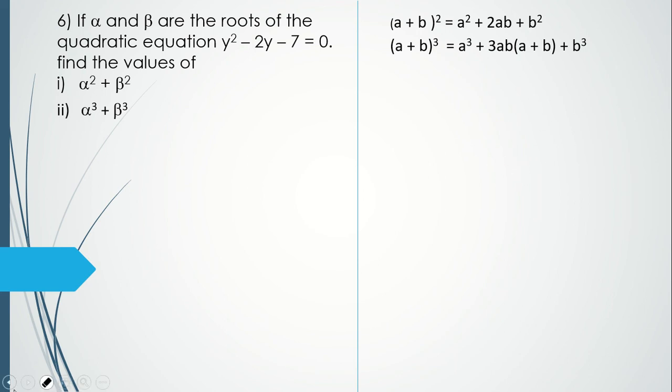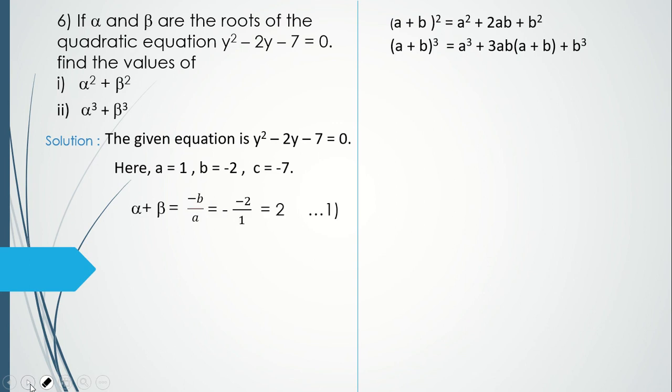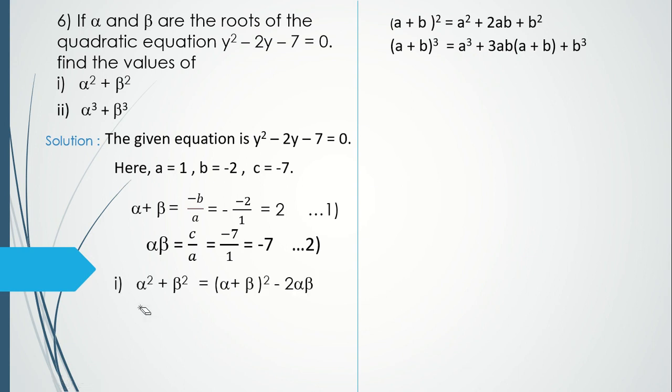Okay, so let us just see how we get the answer. First we find out alpha plus beta using the formula for the sum of the roots and the product of the roots. Now this formula, after rearranging, we substitute into it and we get 18.